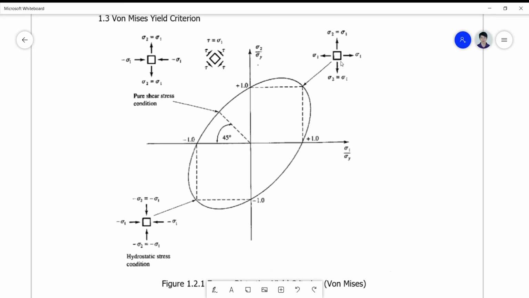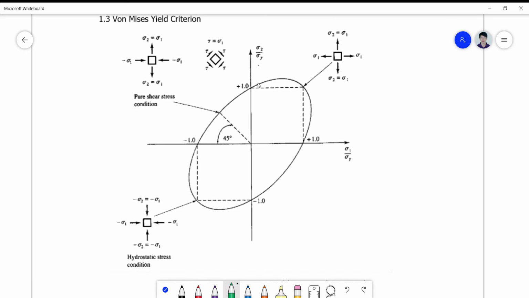Okay, so here the consideration of the von Mises criterion is actually focused on a two-dimensional